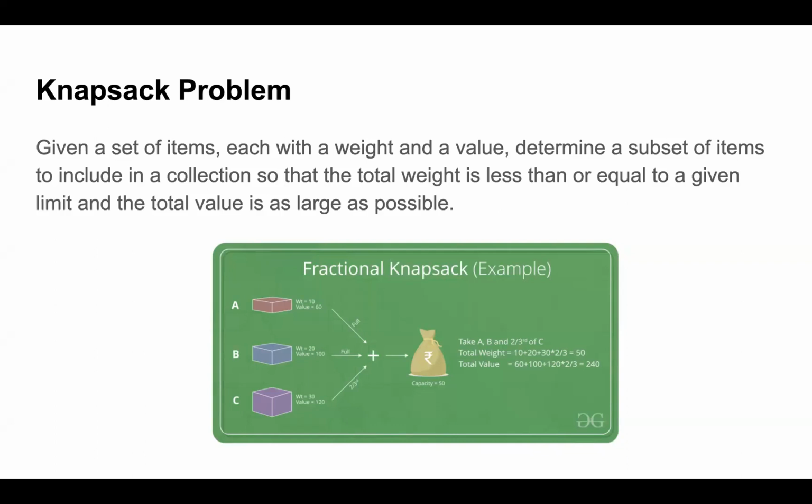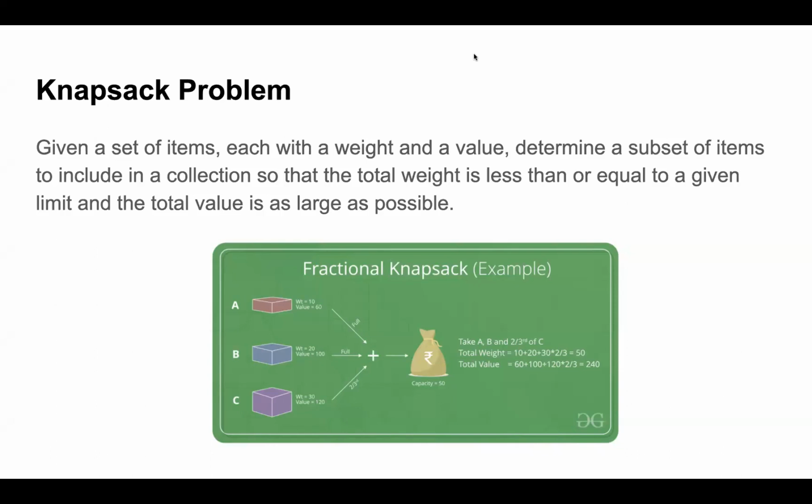So what we will do next is the fractional knapsack problem. Why is the knapsack problem divided into simple knapsack and fractional knapsack? In fractional knapsack, it again gives us the maximum profit. Consider here, A we have taken full, B also we have taken full, and C's weight is 30. 30 wholly will not go in this knapsack.